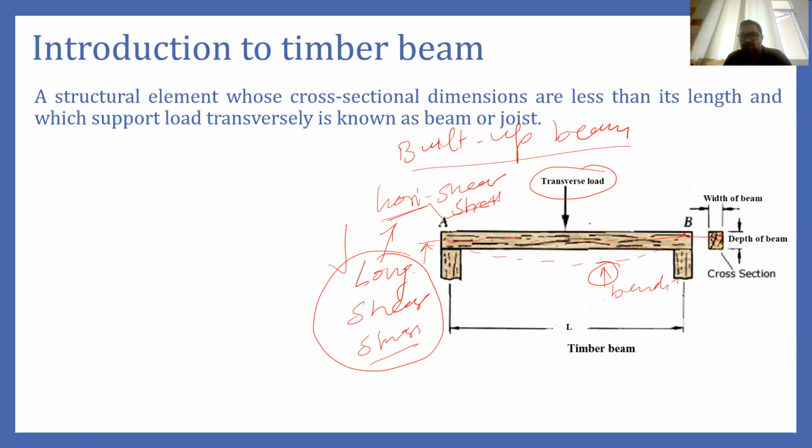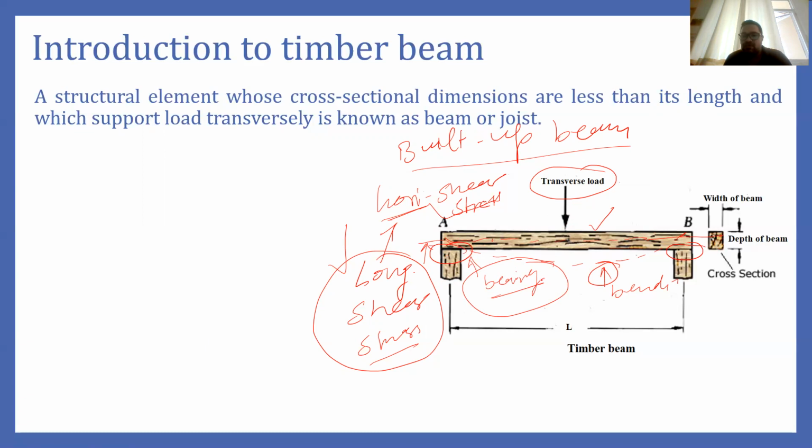As you can see, this beam is resting on this vertical support. So the area on which this beam will be resting, that area should be sufficient, and that area is known as bearing area. So if the bearing area is not sufficient, then also beam may fail. So the third criteria in which the beam can fail will be the bearing criteria.